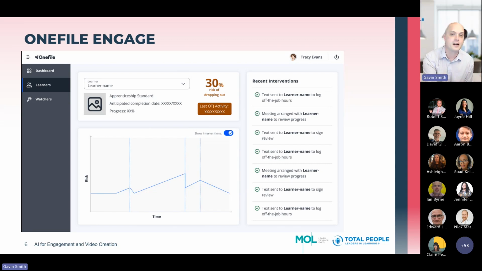And then what that provides for us as learning coaches and what it provides us as staff is then data-driven insights to say, well, actually, this is the person you need to contact. You need to get in contact with our employer. And then the human side of it there, because the best interaction is the human one. So this then helps us prompt it, time it, and hopefully reduces the risk of that learner dropping out.